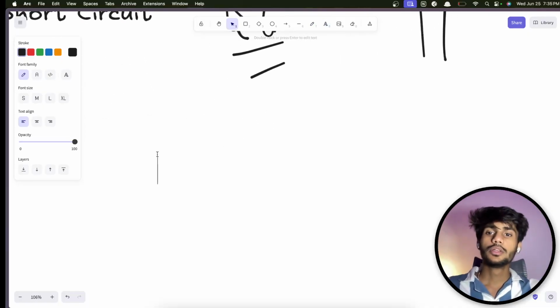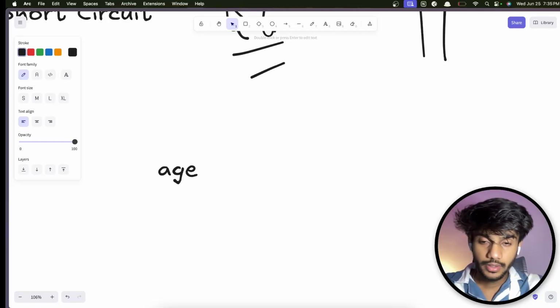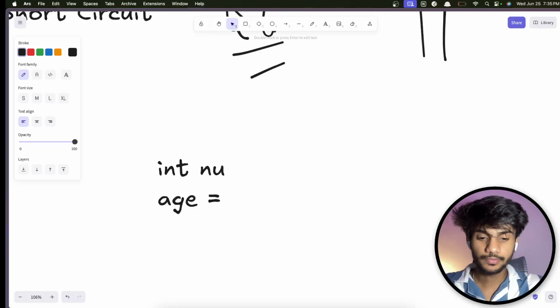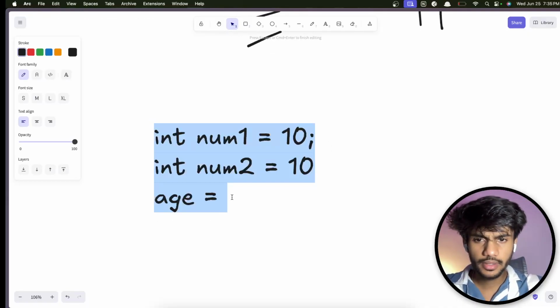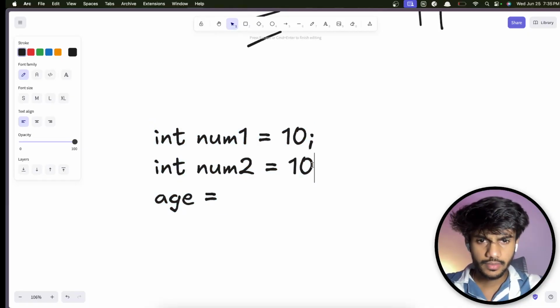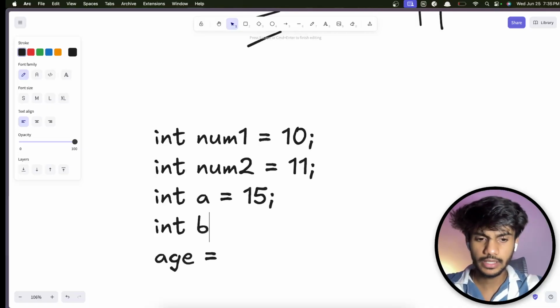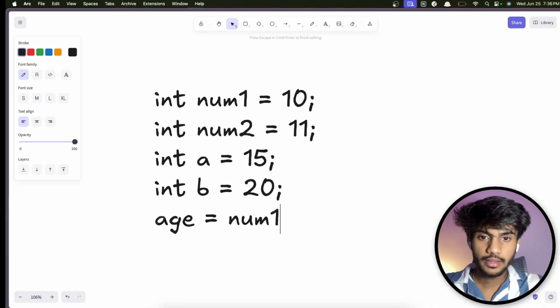Let's suppose I have, probably, age, and let us define more variables. Int num1 equal to 10, int num2 equal to 10 again, and we can make it 11. And I define another two variables, int a, that is 15, int b, that is 20. Now what I do: num1 is less than num2